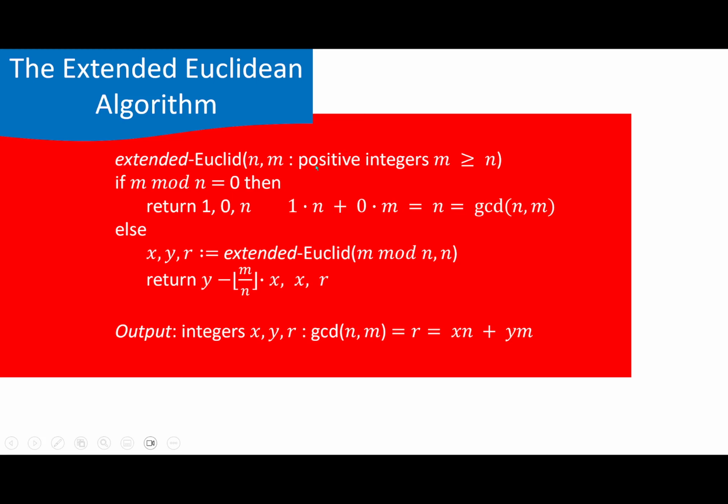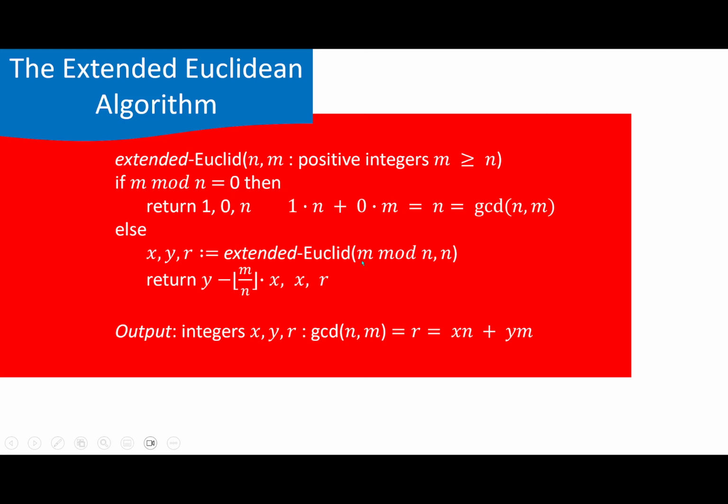N, M positive integers, and now be careful, M has to be greater than or equal to N. So if M mod N equals 0, that means M is a multiple of N. This algorithm will return 1, 0, N, and N will be the greatest common divisor of N and M. So 1 times n plus 0 times m is equal to n, which is equal to the greatest common divisor of both n and m. Otherwise, else x, y, r,